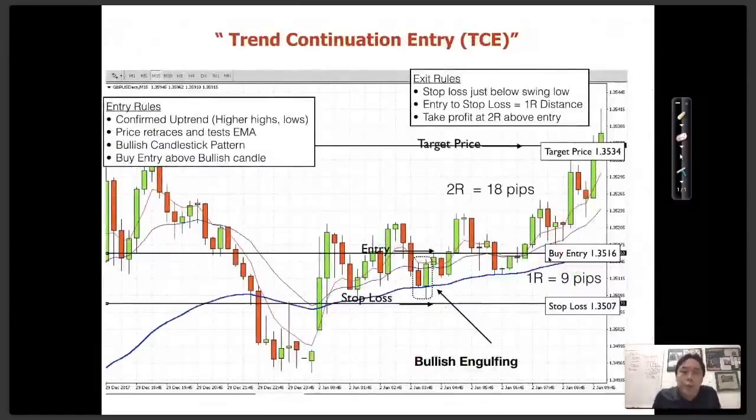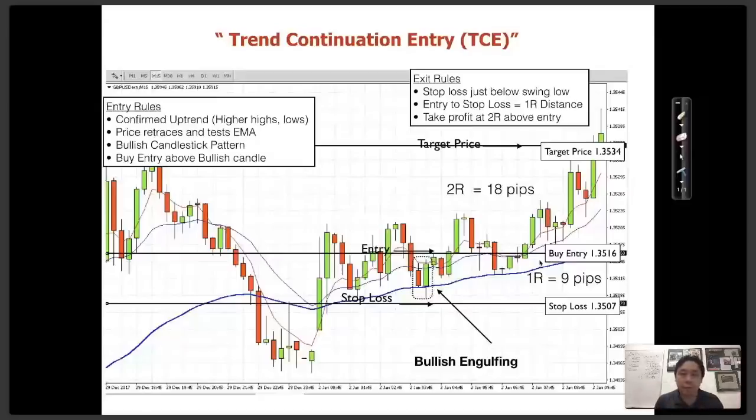The other strategy which I use is known as the trend continuation entry, or TCE. And it's quite similar to the bounce strategy, as in, we're looking at prices bouncing off the moving average. The only difference is that I look for a candlestick pattern, a trigger, before entry. So in the previous example, I just bought the moment it hit the moving average. But for this strategy, I wait for a candlestick pattern to form at the moving average before entering. Both methods are very profitable, and they both have their pros and cons. There are times I like to use one, and times I like to use the other, depending. I'll share more with you later on.